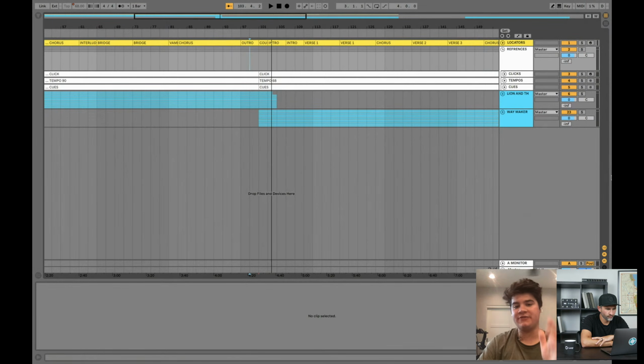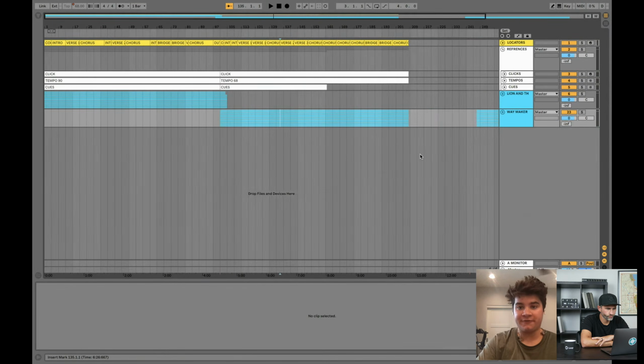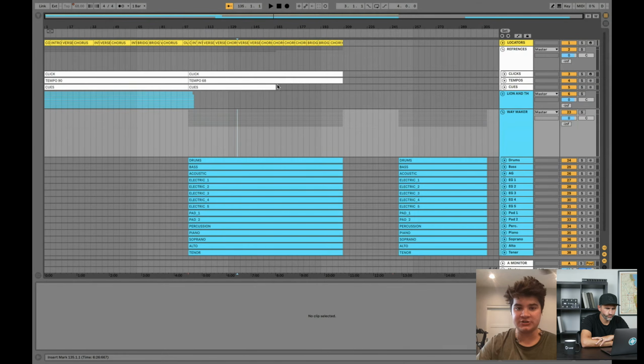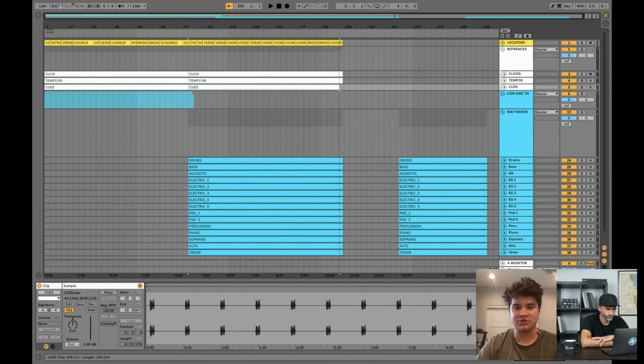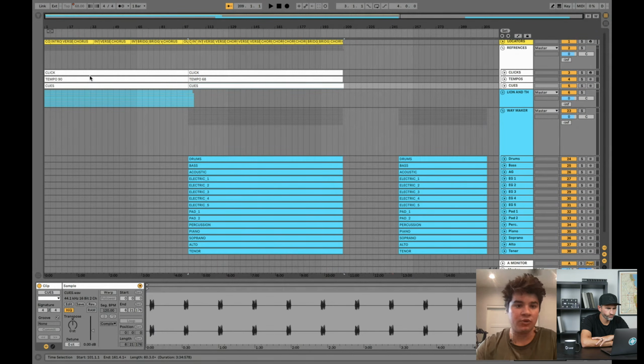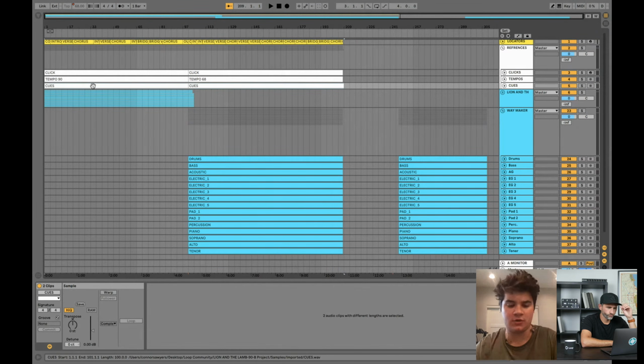Another thing is if this is going to be a 2-song set, the first thing I will do after I consolidate and make sure everything is dragged out to where it needs to be is bounce this entire section and send it to my team, because I know, okay, cool, I've got it ready, and now I can send it to them and it's going to be ready.